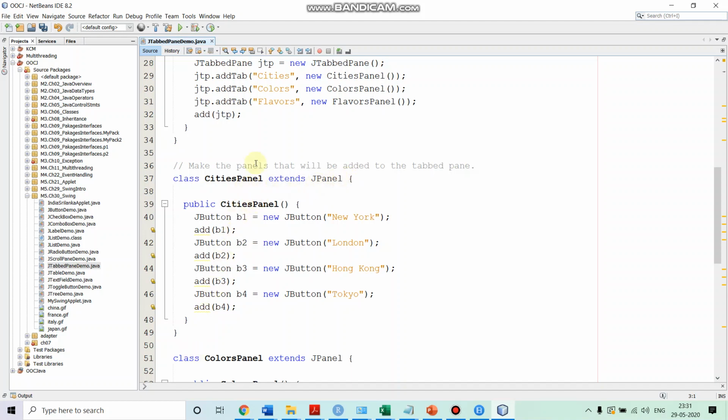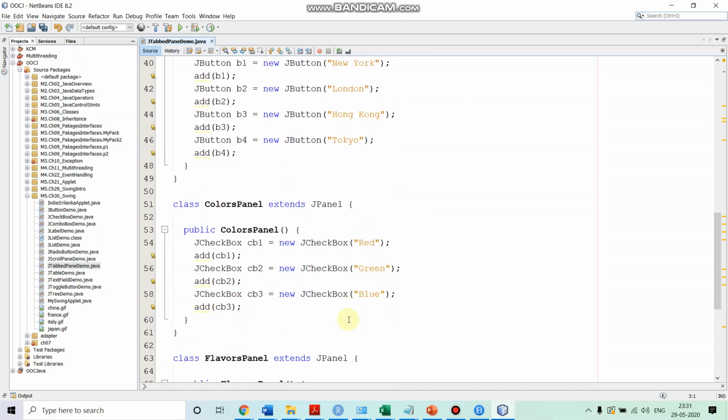In its constructor, we are creating the 4 push buttons with the names New York, London, Hong Kong and Tokyo. After creating the buttons, we are adding them to the panel. So we defined our CitiesPanel class.